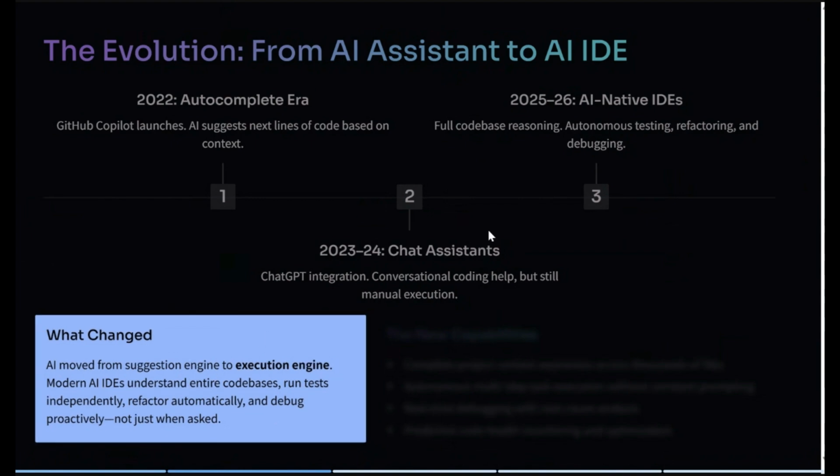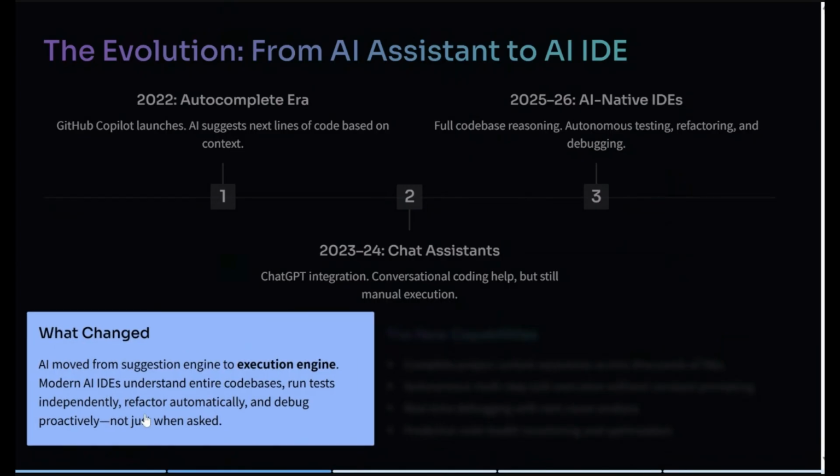And all these AI native IDEs are using AI agents, or agentic AI, for the execution. There are various agents inside the IDEs: one understanding your requirement and the code, then another agent writing the code, and a few other agents executing the code for you. We have debugging agents also, which will debug the error and try to write the code again. It will not seek your permission. Initially it might seek your permission, but as soon as it encounters a debug issue, it will try to debug and auto generate the code again.